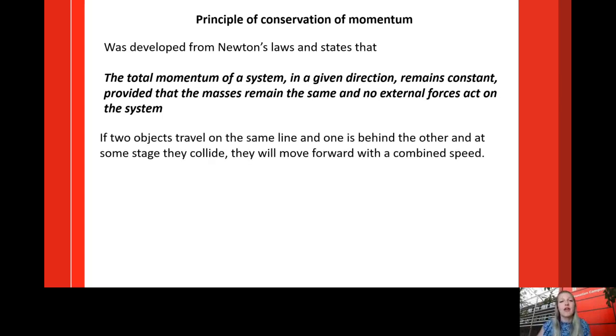This would then mean that if we have two objects, for example, travelling in the same line and direction, one behind the other, if they then collide, they will then move forward with a combined